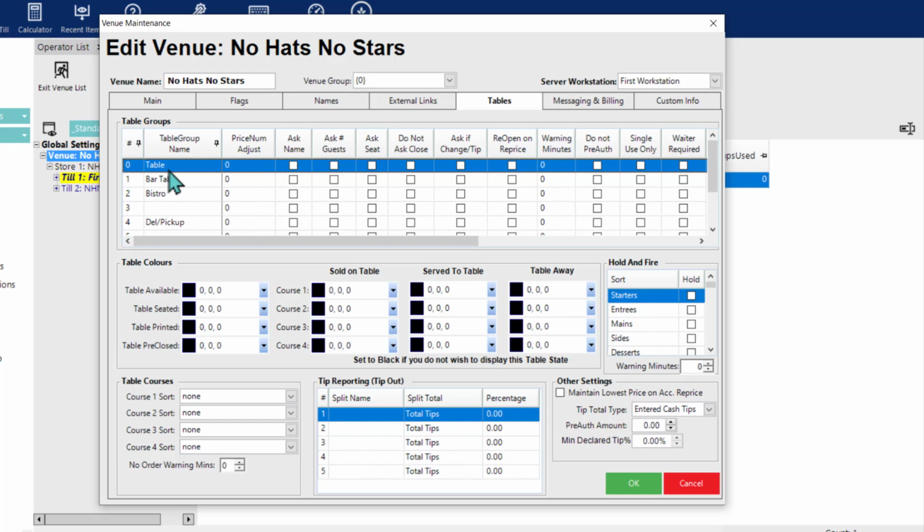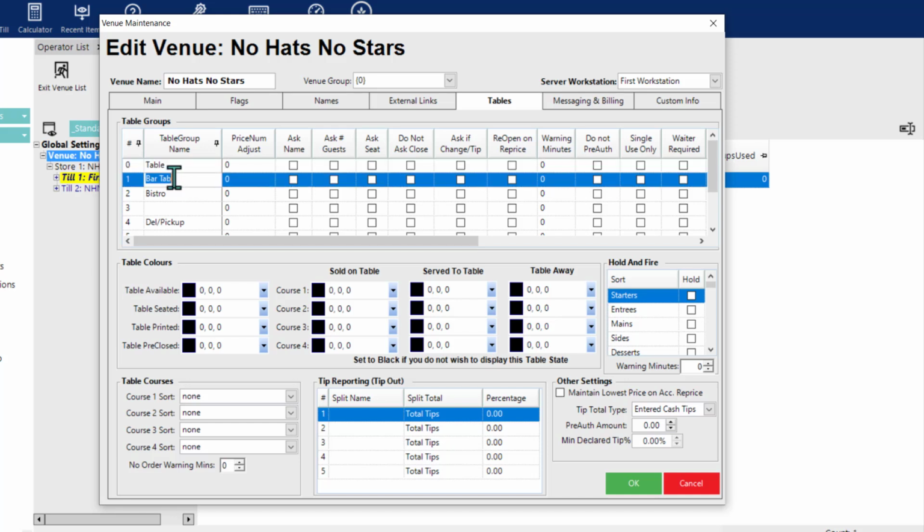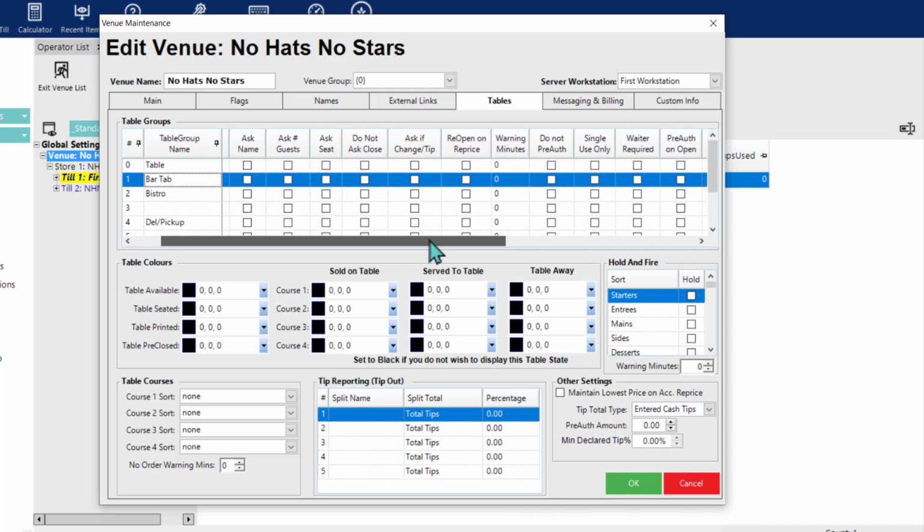So we might have some dining tables in the venue that need their own set of table numbers and their own settings and rules to follow, but then bar tabs at the venue's bars. We might use a different numbering subset, and maybe for bar tabs we have a different set of rules to follow than we do for dining tables, so we might have different flags and such turned off or on here